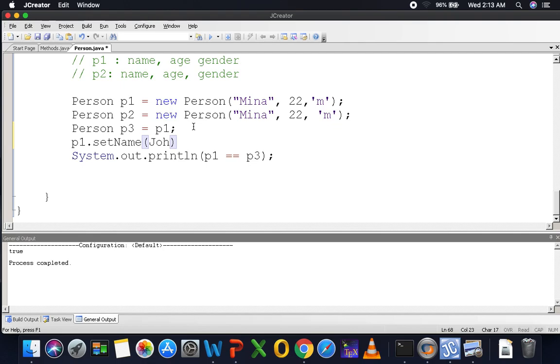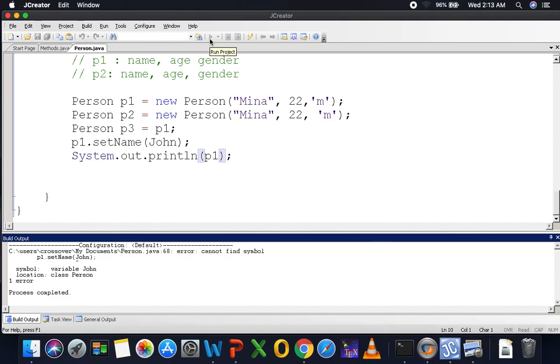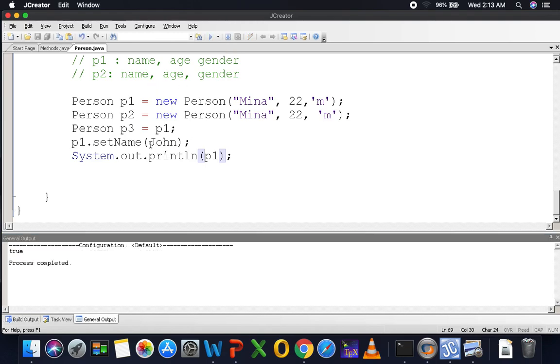Okay, so the question is, what will be the content of P1? Java will tell you, I really don't have any problem. If you want to get the information about P1, then P1 is not called Mina anymore. Actually, P1 is called John. He is 22 years old, and